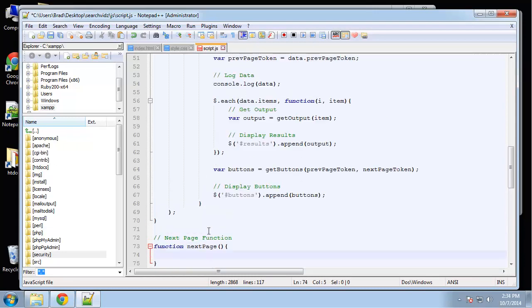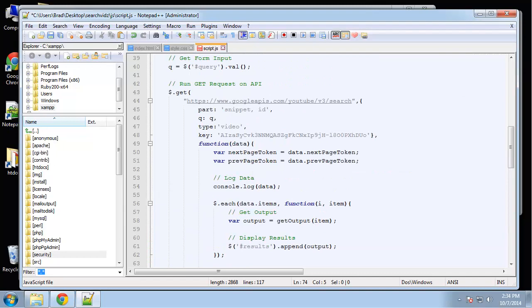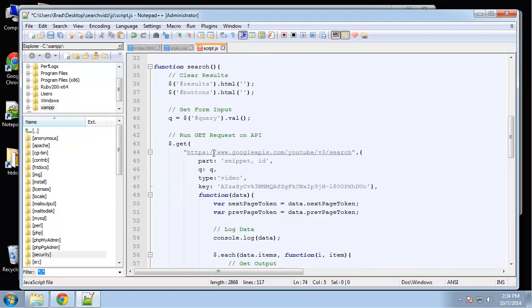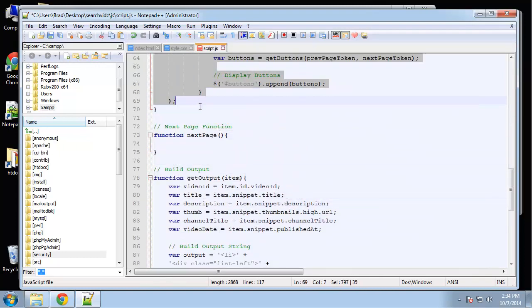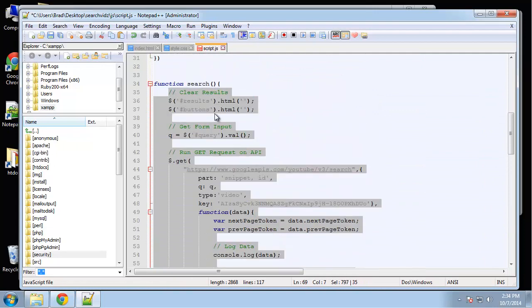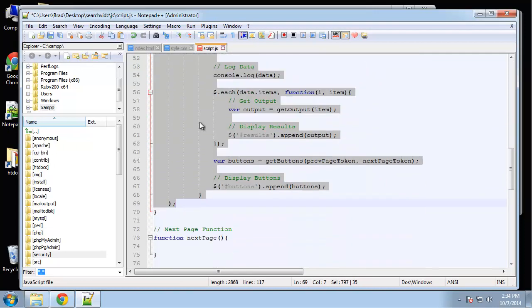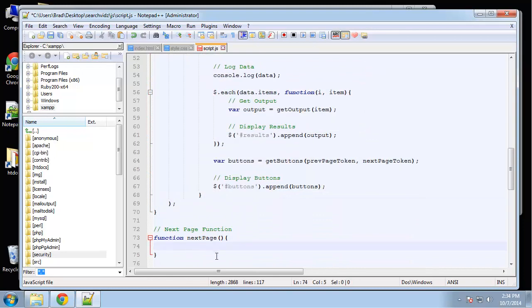Now what I'm going to do is copy everything from the search function. Okay, so everything in between search and its ending curly brace, I'm going to copy and paste